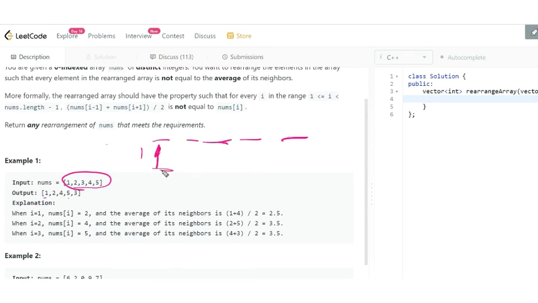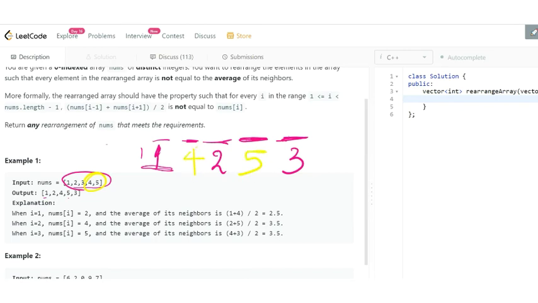Means if you have 1 here, then we will leave this blank for now and insert 2 here, and leave this blank and insert 3 here. And when we are done with this, then again we will start inserting from the beginning. Means we will insert 4 and then 5.